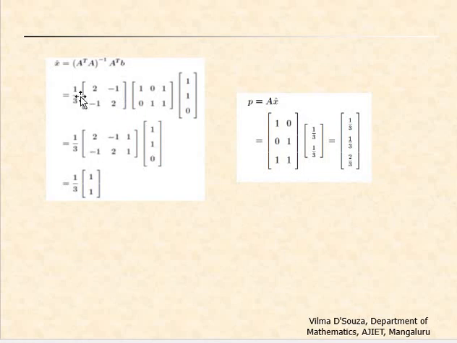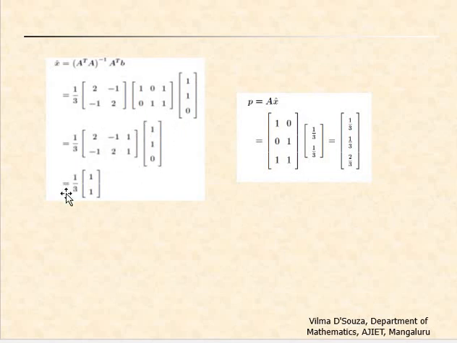Okay, multiply this. Anyway you can multiply. First you can multiply A transpose A inverse into A transpose, or first you can multiply the other two. This is left to you. I have multiplied the first two matrices. 1 by 3 I have kept as it is. Multiply 2 into 1 plus minus 1 into 0, that is 2. 2 into 0 plus minus 1 into 1, that is minus 1. 2 into 1 minus 1, that is again 1. And the second row is minus 1, 2, 1. Okay, find this, into B, 1 1 0.